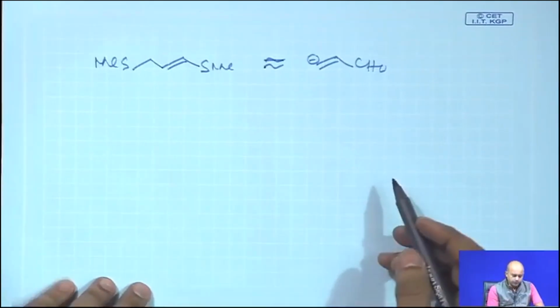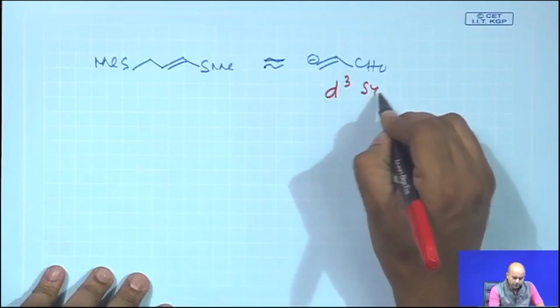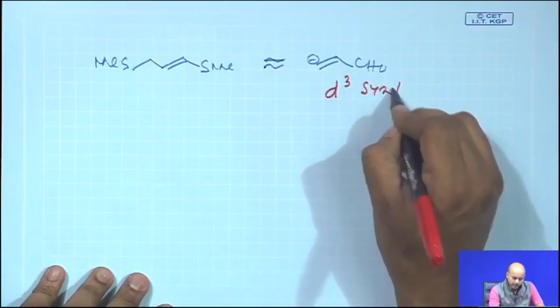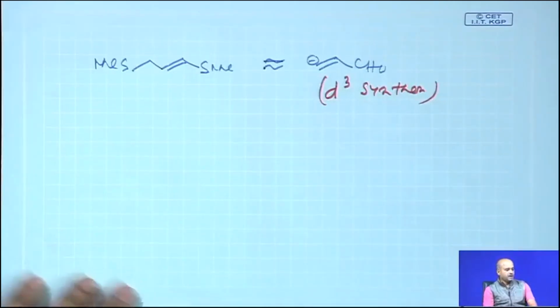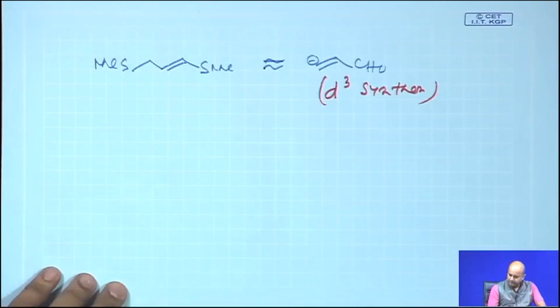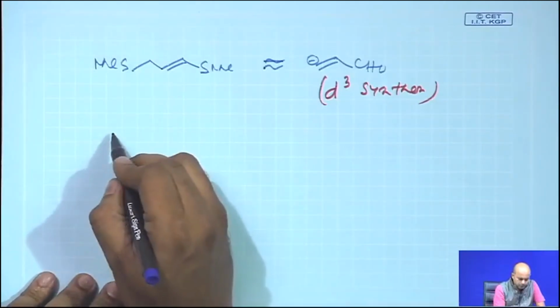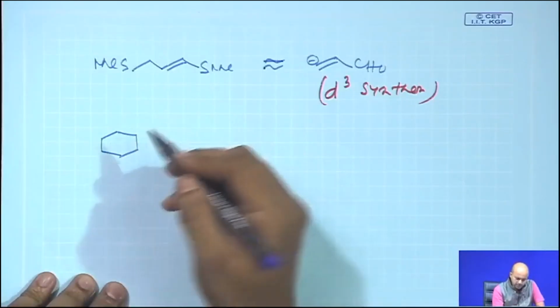So the whole process was acting as a d3 kind of synthon, definitely, and this is a donor species, donor synthon reacting with an acceptor synthon. In principle, this particular synthon was used in many synthetic